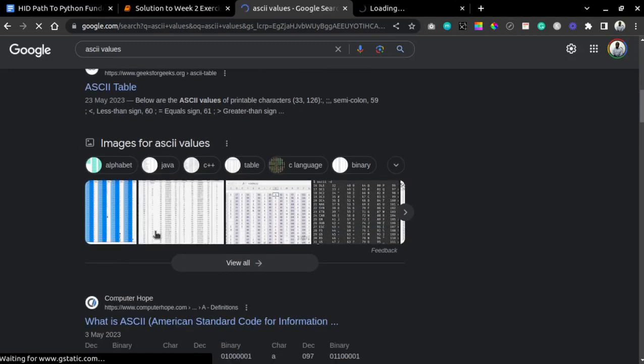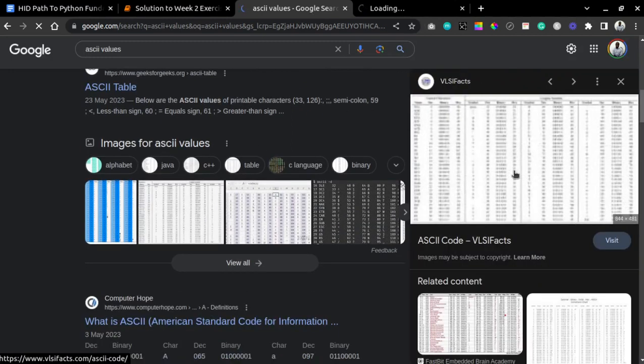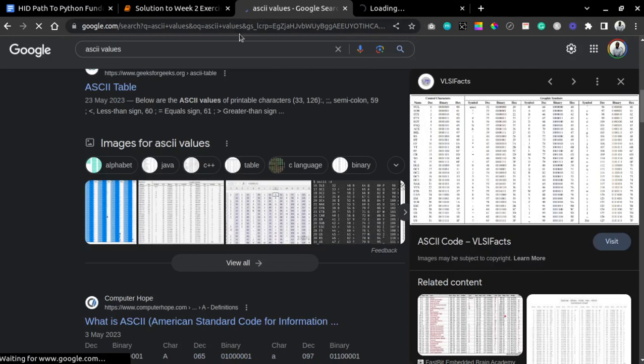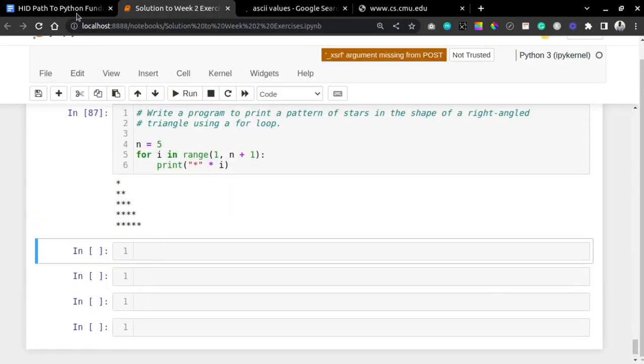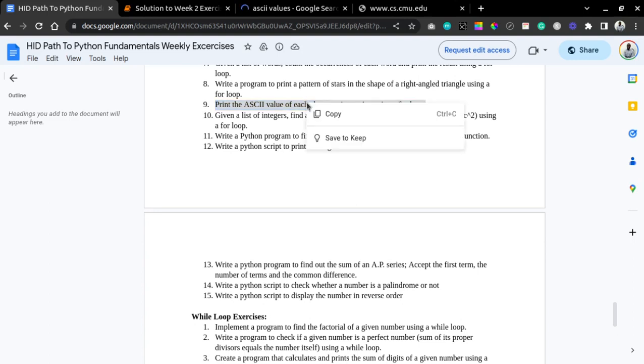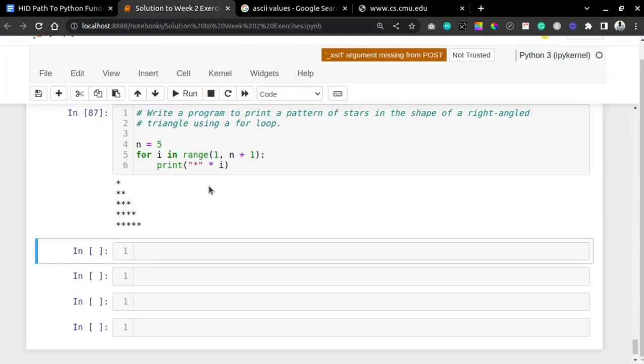Well, my network is quite bad. This is the ASCII table over here. It's not loading. I can't wait for it. So moving on. Copy. Then